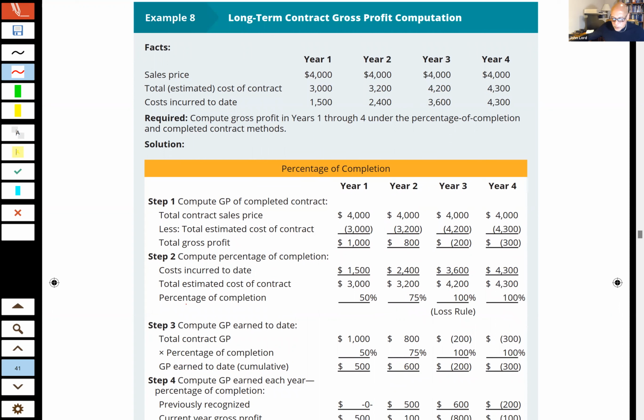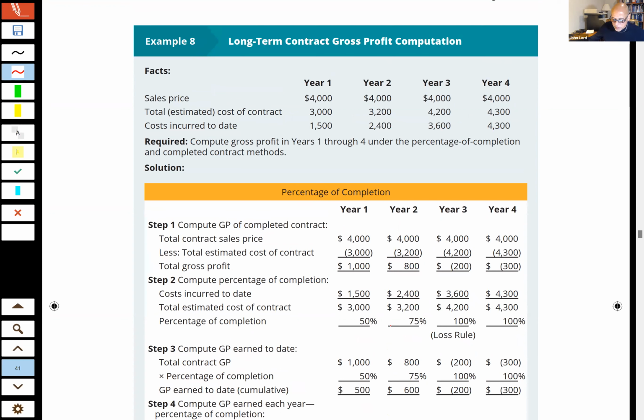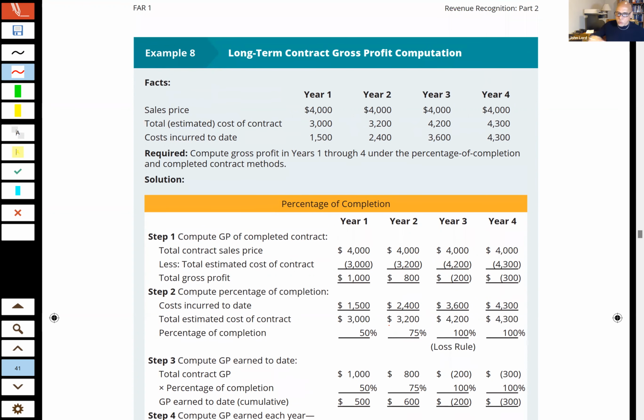I'm going to go through it with you here, but I don't want you to mark up the example as I'm going to. As I go through it, I want you to just watch me. Don't mark up the example because it starts to look like a spider on crack here if you try to mark it up as I go along. So just watch, okay? So I go ahead, and this contract tells me I have a sales price of $4 million. It tells me the total estimated costs are $3 million. And the cost incurred to date by the end of year one are $1.5 million, okay? So what I do, don't mark it up, guys, just watch.